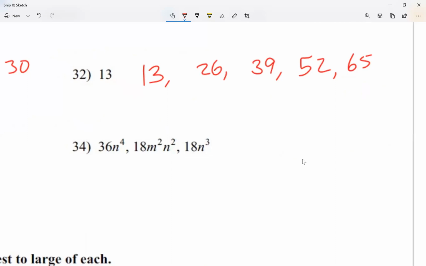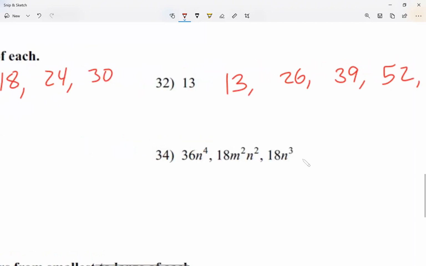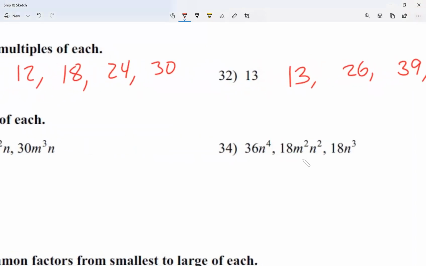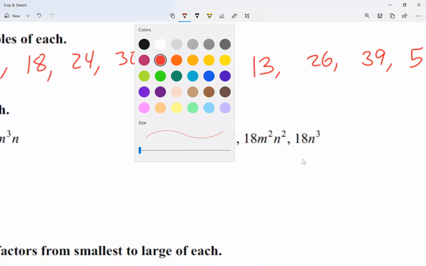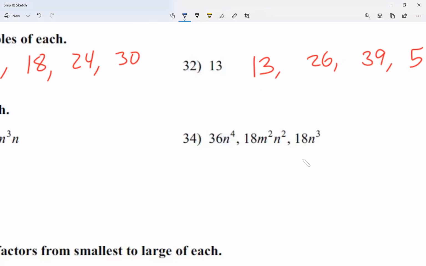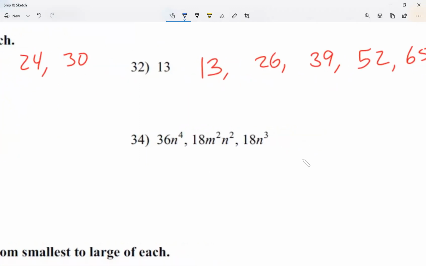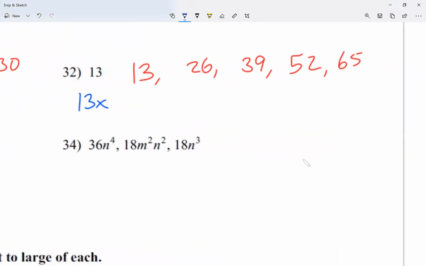Don't forget again, comma in between the numbers. Don't forget a space after the comma. Some in your homework, some of these numbers will have a letter, right? I could give you, let's say if I was to ask you, so let me do an extra example here. If I was to ask you for the first 5 multiples of 13x, let's say I was to throw in letters. My multiples will be